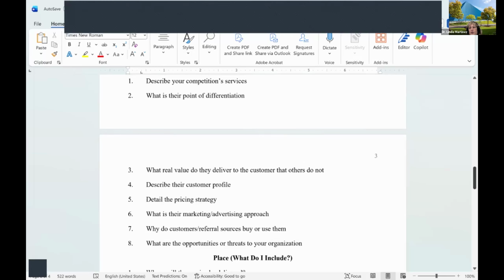Then you're going to detail their pricing strategy. So you're going to just give an overall idea of what their pricing strategy is. You don't have to say, okay, for Botox it's $200 and this and this and this. And do they have a different cost if you have insurance than if you don't have insurance? Like I have a dermatologist that doesn't take our insurance, but he gives a cut to people who have insurance, but he doesn't take it. So what is their pricing strategy? And you can usually tell that by the website.